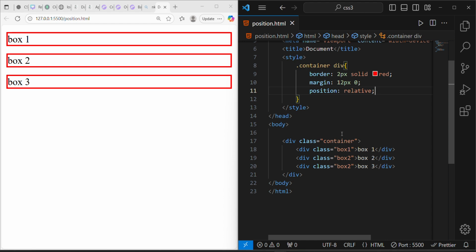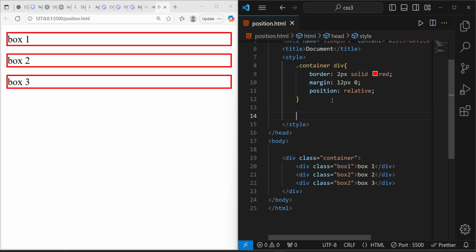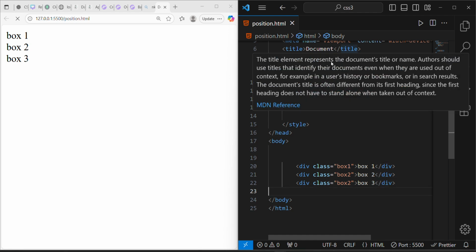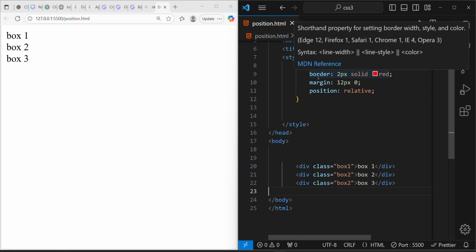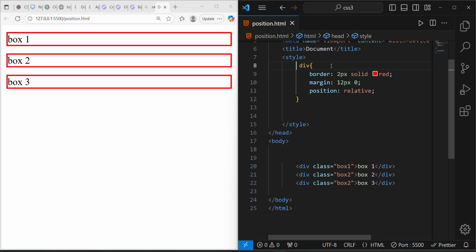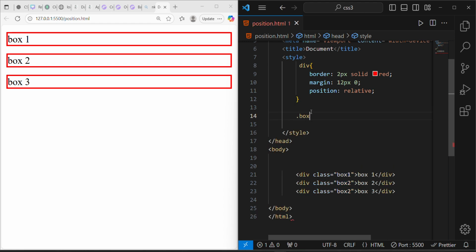Let me move one of the elements, since all these elements are relative. First of all, let me just take this container off, and then let's just style the element directly. So by default all of them are relative. So if I say dot box one,